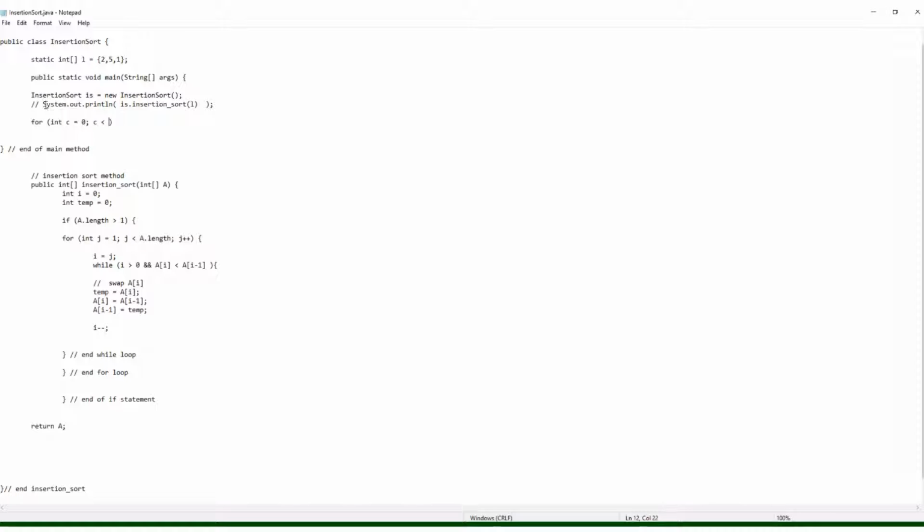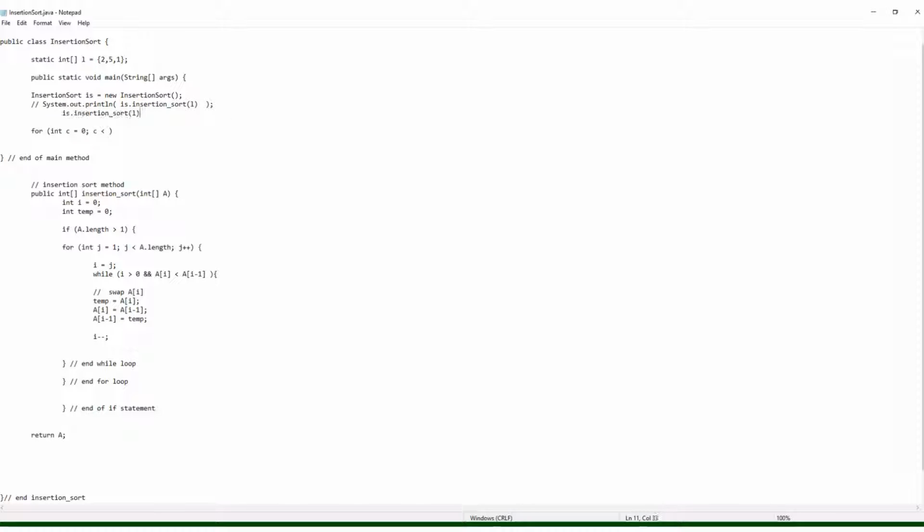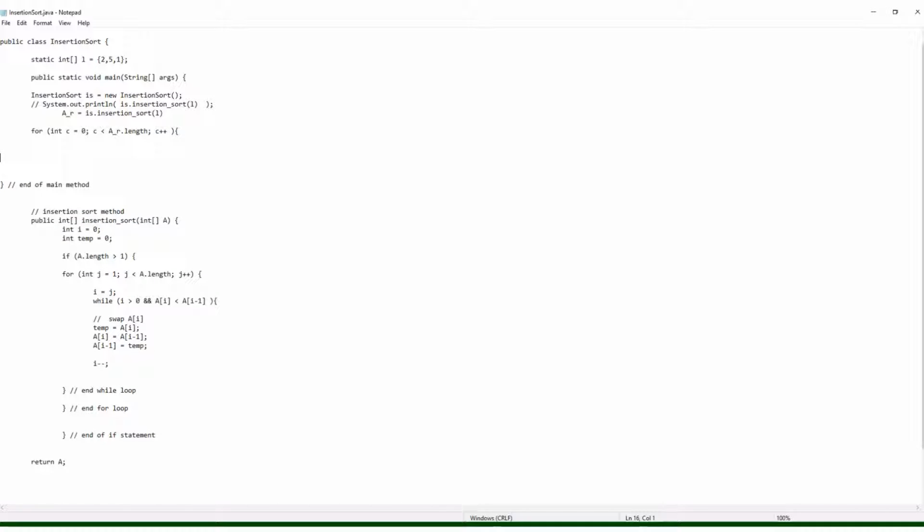So here we just declare our results, call the results, and we put the returned inside a, let's call it a return. That is the return list. So as long as it's less than a underscore dot length, and we increase our C plus plus, then we can go into our for loop,